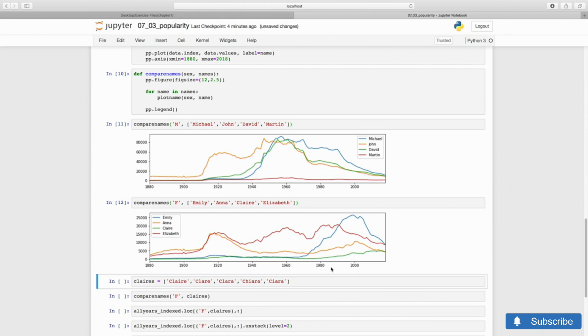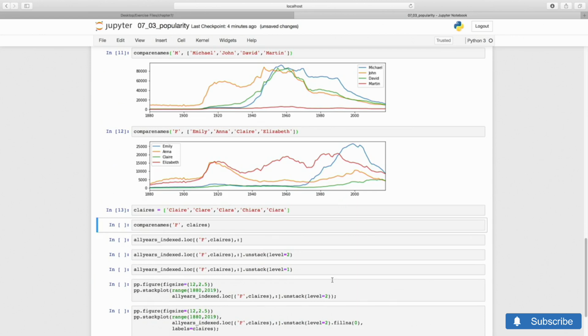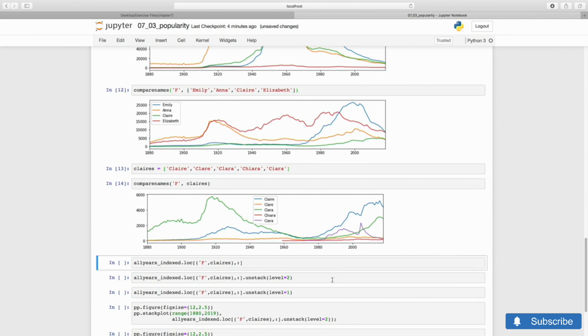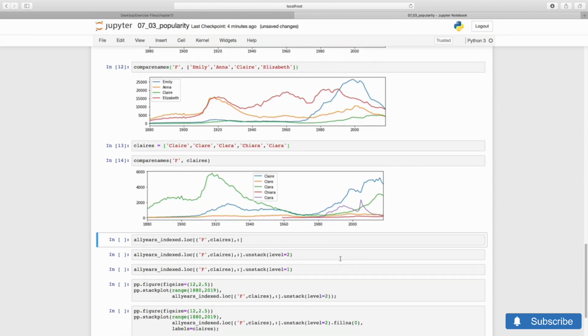Another interesting investigation is to compare variants of the same name. For instance, there are two spellings of Claire. There's an older version Clara, and an Italian and Irish spelling for the pronunciation Chiara. Here's the plot. Notice how Matplotlib tries to put the legend out of the way. Claire is now dominant, but Clara is having a resurgence after having been the dominant variant at the beginning of the 20th century.